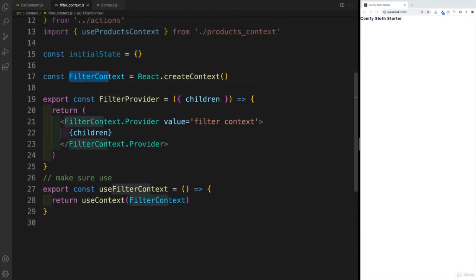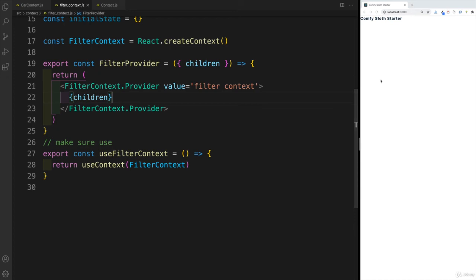We had some kind of context, whatever is the name. So whether it's cart, filter, or whatever, then we create that context. We have the provider that is responsible for wrapping our application and providing this value, which is just going to be a string at the start. And then, of course, we use the children since we would want to render whatever is inside of the component.